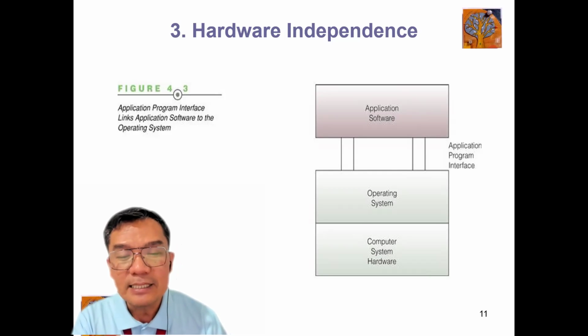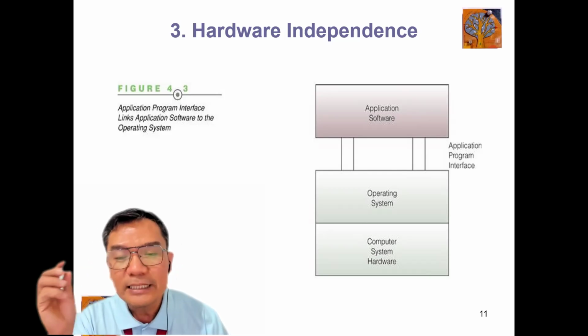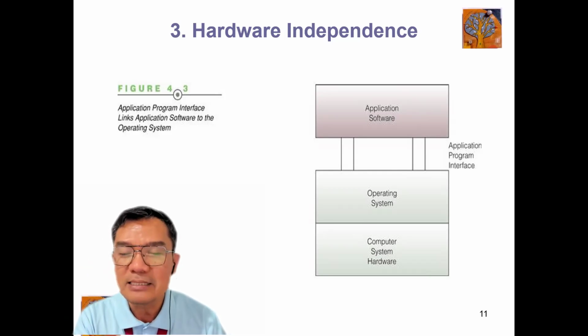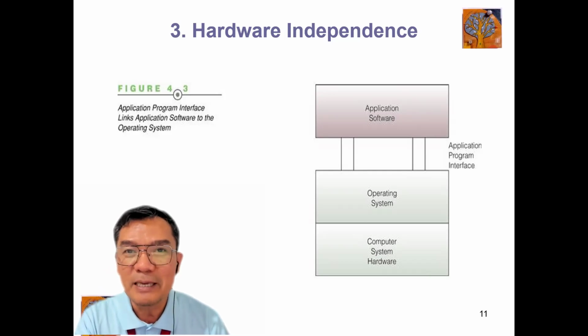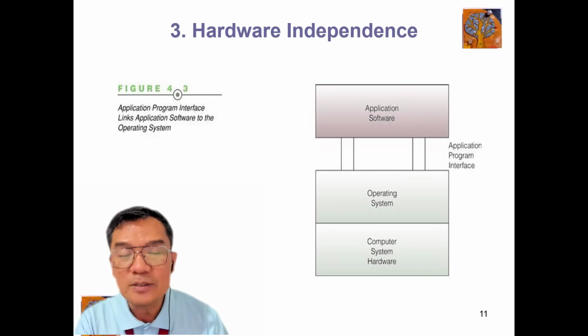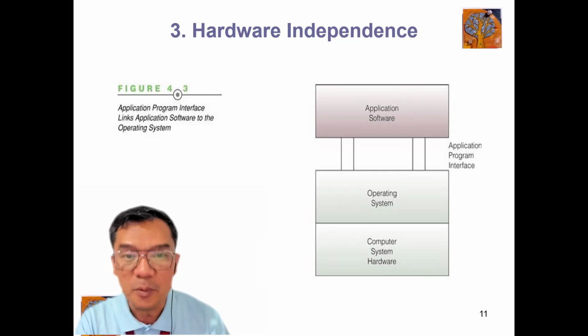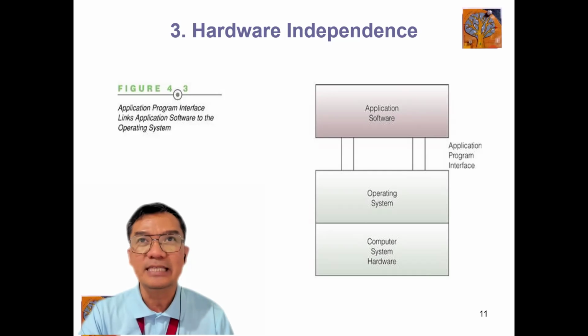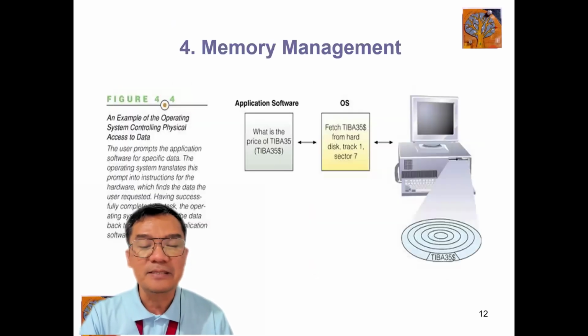So for instance, if you have an Android phone, it's difficult for you to install a Mac operating system because this particular system software is linked already to the hardware. So the idea of hardware independence is that you can install any application software using the same system software and the same hardware. That's the principle used in the software systems.